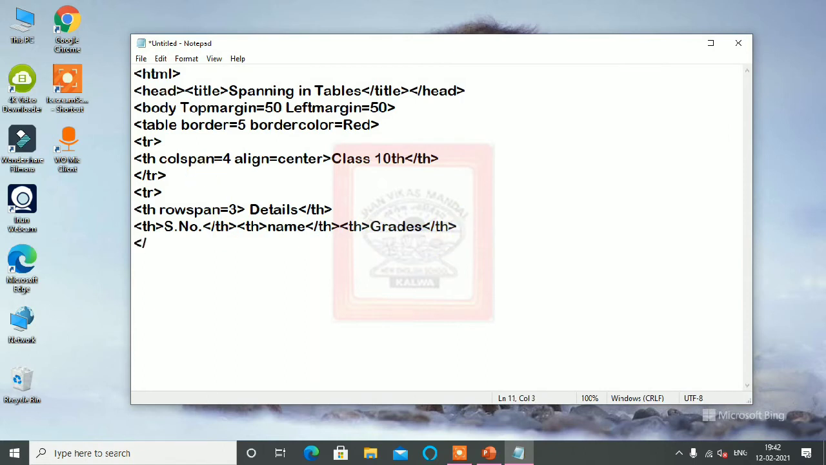So now our tr has been finished, but the first column which is having 3 rows is there. So next tr I am taking here. Now in this there will be 3 data only, because one column has already taken those rows, 3 rows are already combined here. So here data will be 3 only, because that details will take the space of the next 3 rows. So here I am going to take td 1